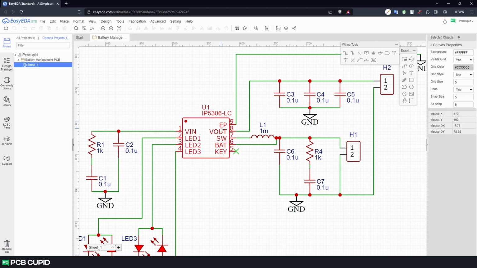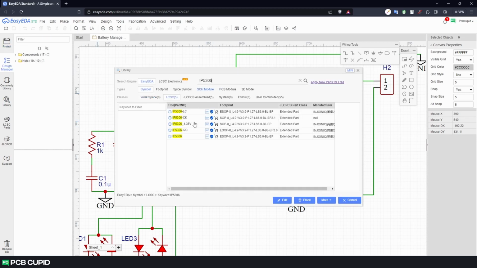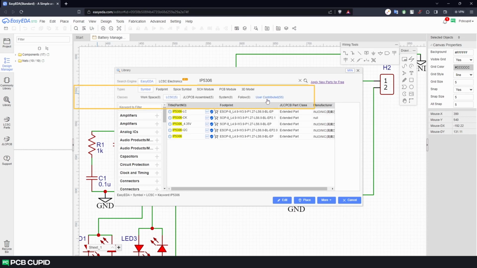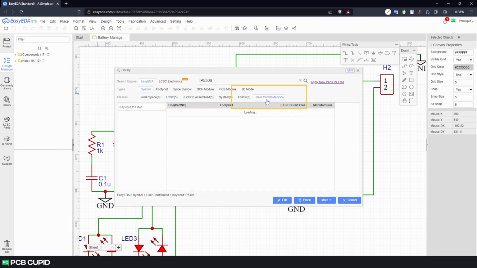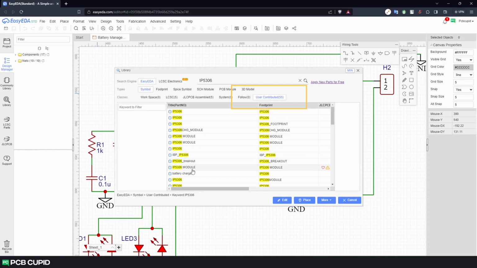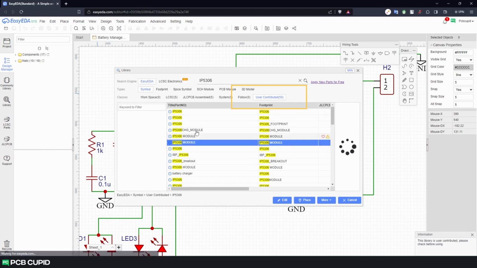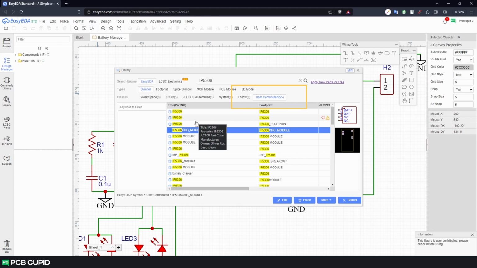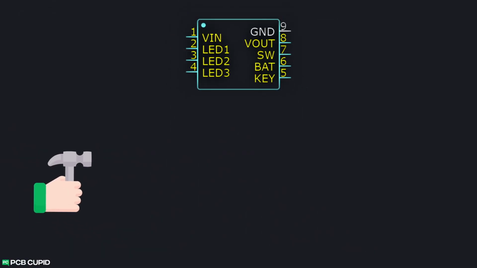In the previous video, we discussed how to select components from the existing library in EasyEDA. And in the worst case scenario, even if you can't find the symbol within the library, there are hundreds of symbols contributed by users. But it's really not a safe bet to use others' work without any verification. So instead, in this video, we'll see how we can build custom symbols not only by using manual methods, but